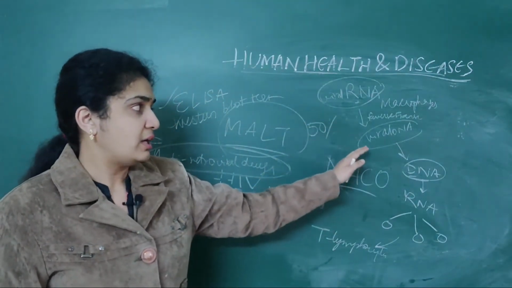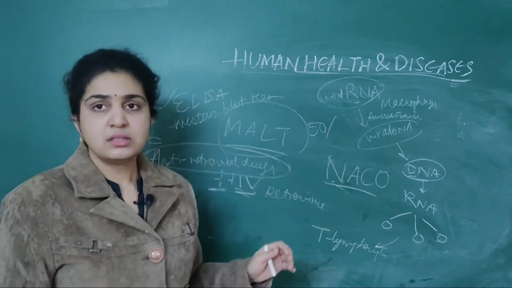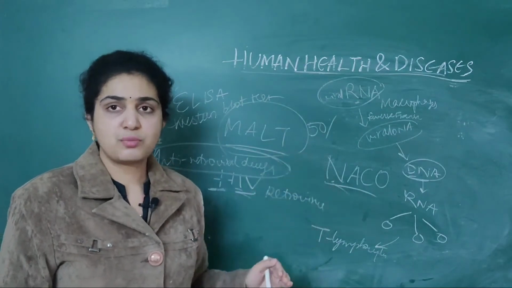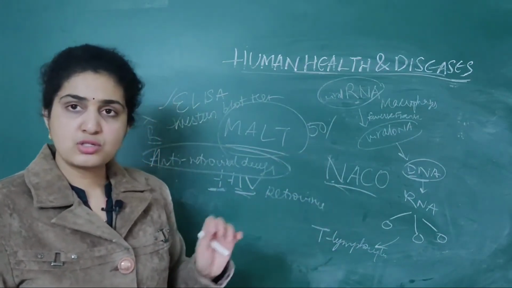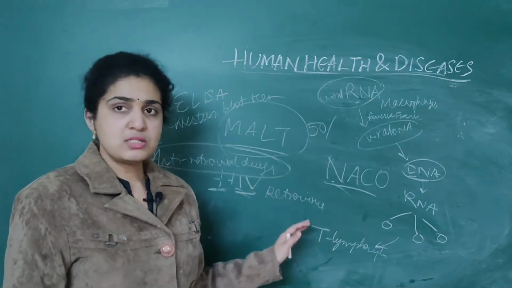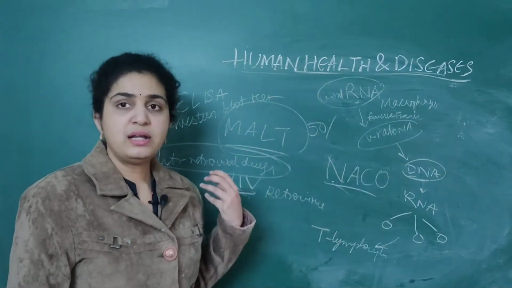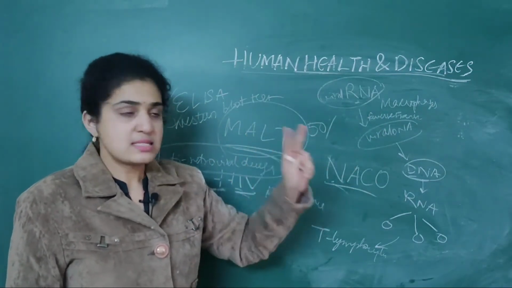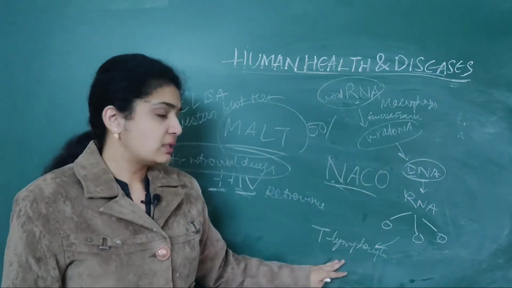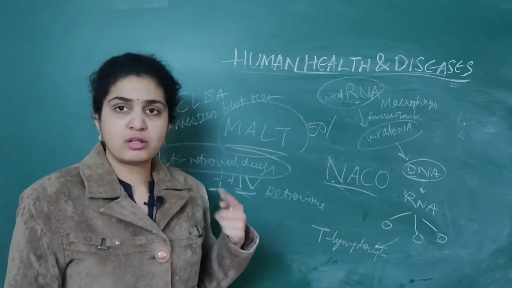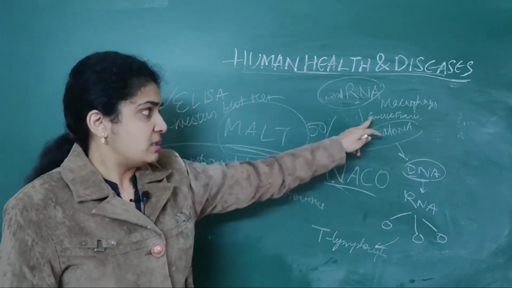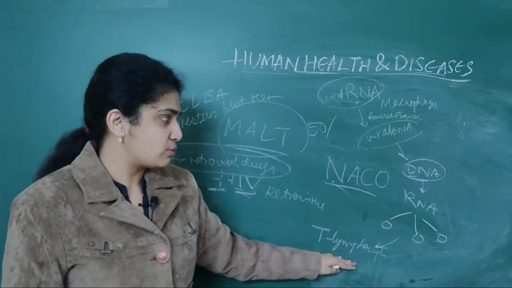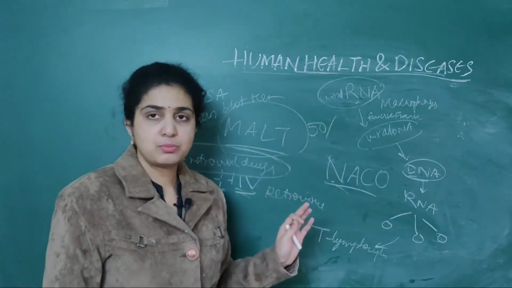So basically, viral RNA into viral DNA, reverse transcriptase takes place in the macrophages. Then again it is transformed into DNA, DNA is transformed into RNA, and it will give rise to numerous infected cells. These numerous infected cells will damage the T lymphocytes. First one to be damaged is macrophages, second one is host DNA, third one is T lymphocytes. Remember in this order for easy remembrance: macrophages, DNA, as well as T lymphocytes, these three. This cycle should be remembered properly.